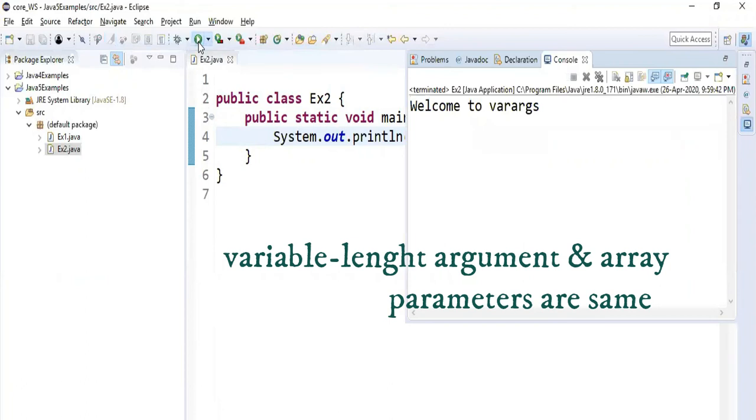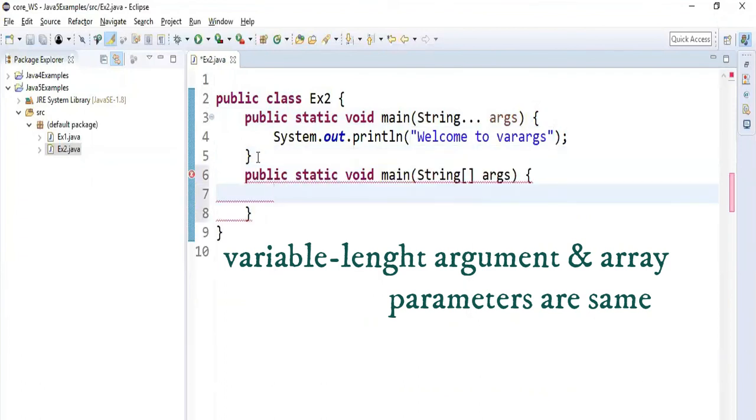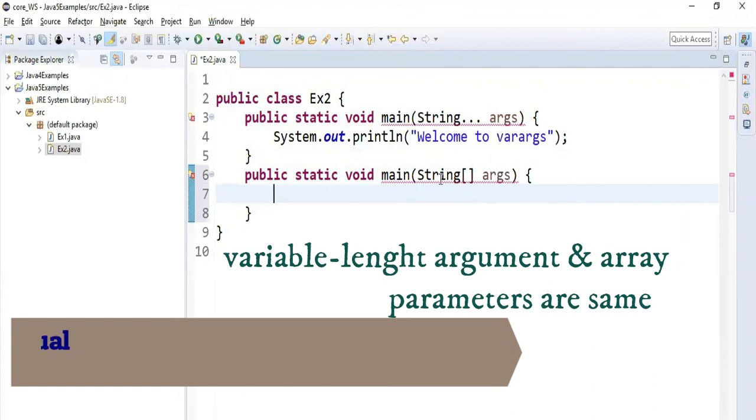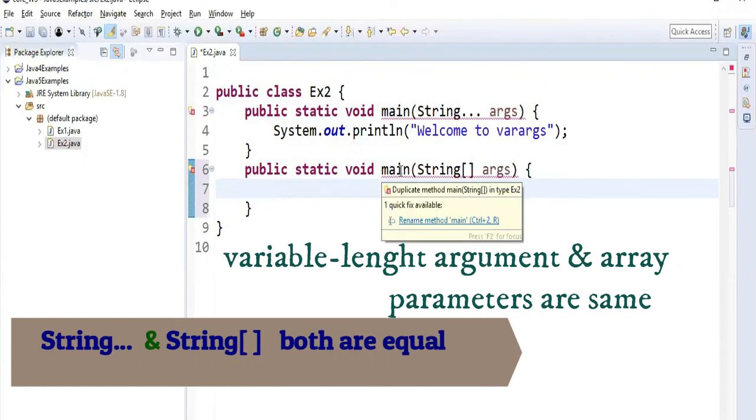It will be treated as the main method only. And if you want to define it, it won't allow because these two are the same. Here the main method is treated as a duplicate method, since it is already available.